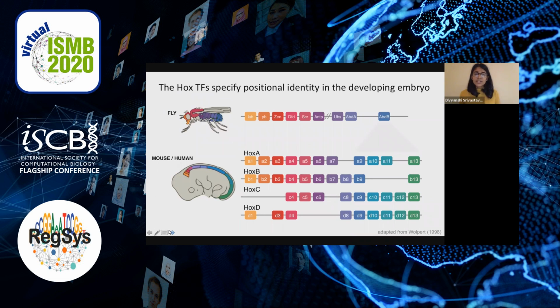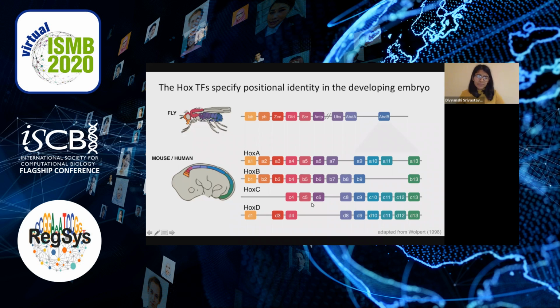So the Hox genes are an evolutionarily conserved family of genes that are extremely important during embryonic development. The Hox genes encode for transcription factors, each of which become expressed sequentially along the anterior-posterior axis during embryonic development. And the expression of each Hox transcription factor results in the development of a specific body part or a specific positional identity. So as an example, shown here is the organization of Hox genes in Drosophila, as well as in